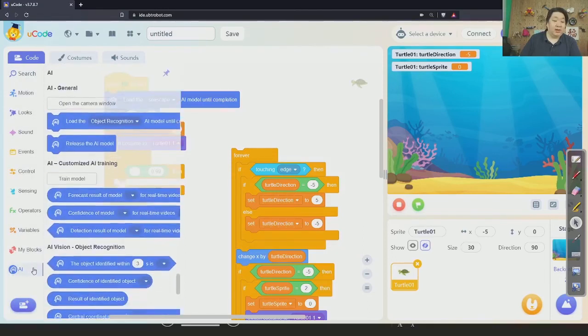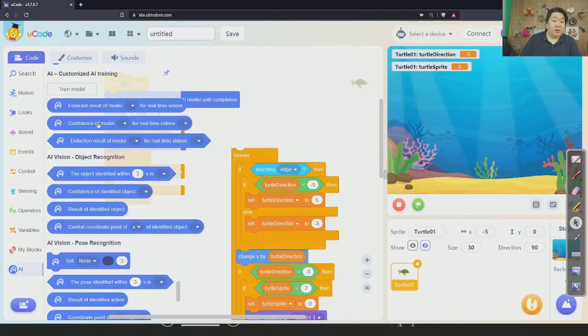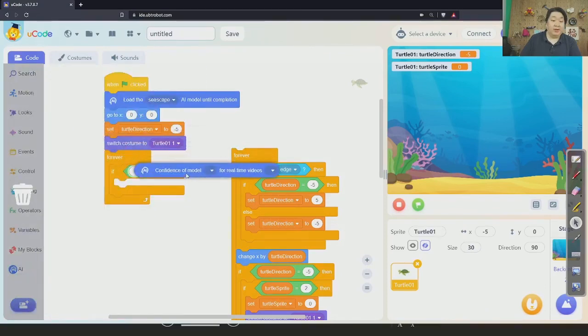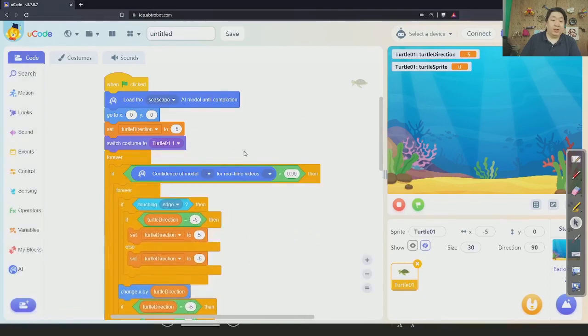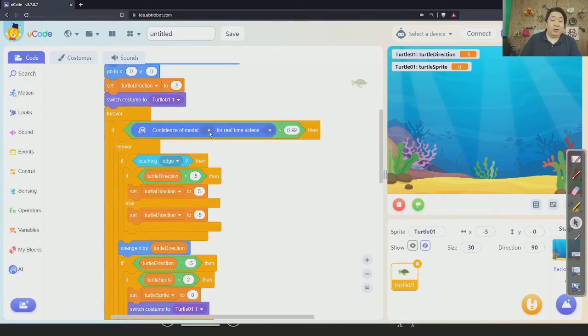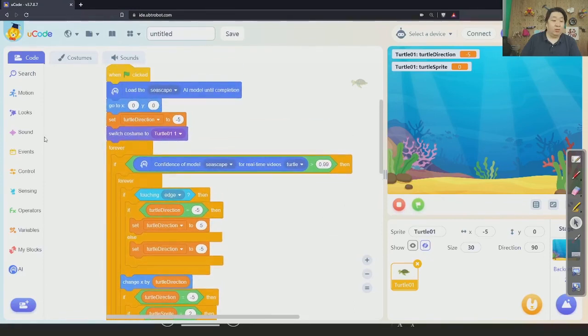I'm going to click on AI, and we're going to go confidence of model for real-time videos. Then we're going to drag everything and drop it in here. Now we're going to click on confidence of model and select seascape for real-time video turtle. Okay, and one last thing is we want to make sure that after it recognizes it,